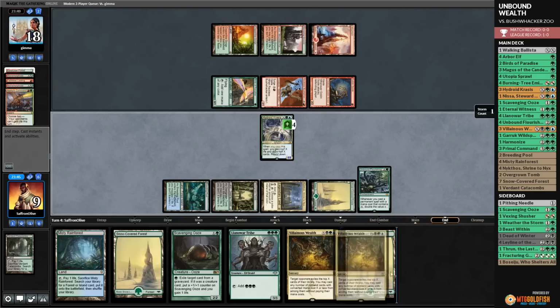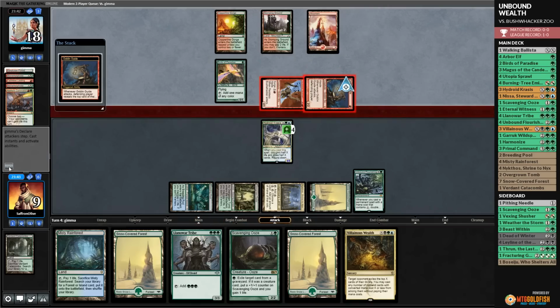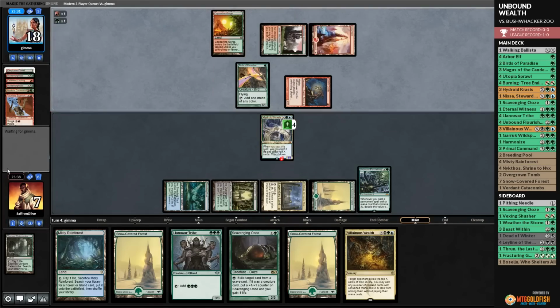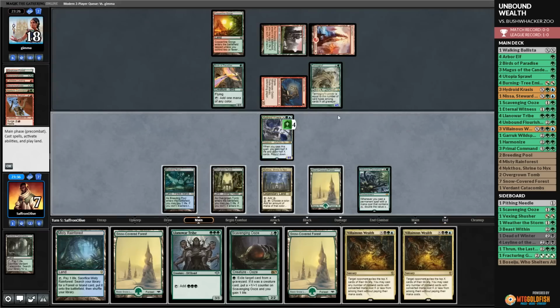Pass the turn. Opponent, combat. Attacks. Top card, Villainous Wealth. Well, we will block Reckless Bushwhacker. Drop to 7. Opponent, Tarmogoyf. And passes. We draw Villainous Wealth. So we could go X3. I think what we do here is